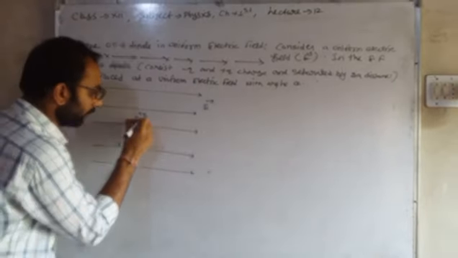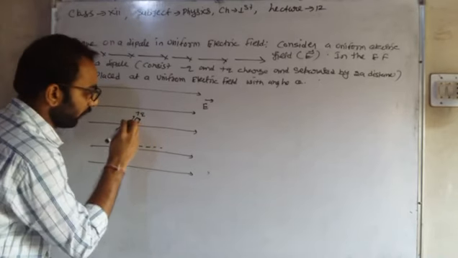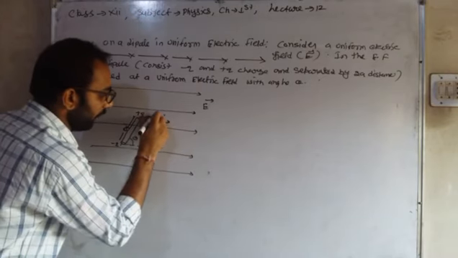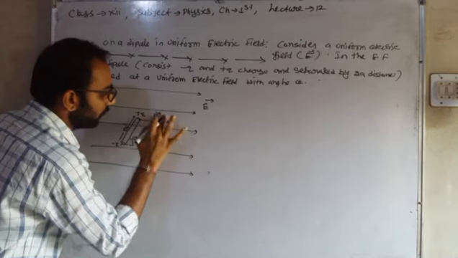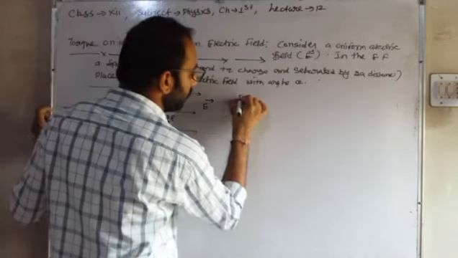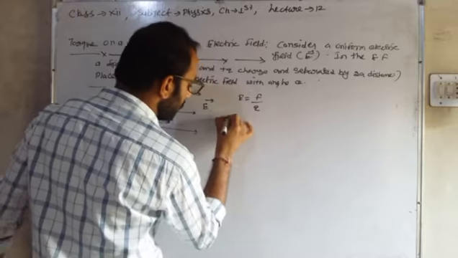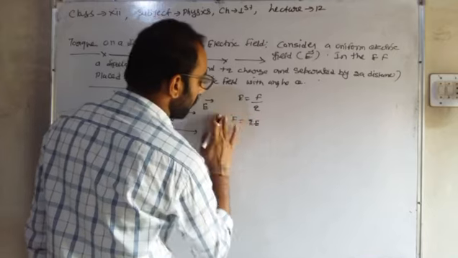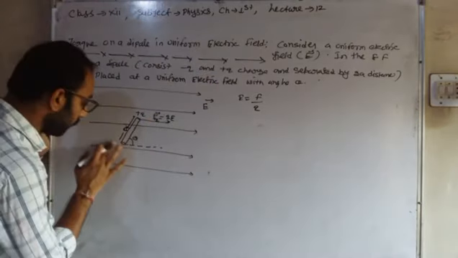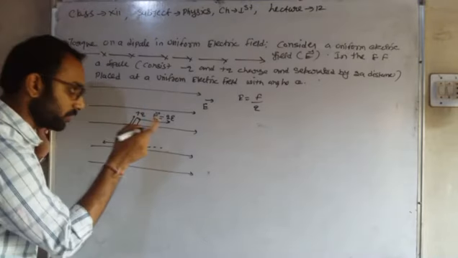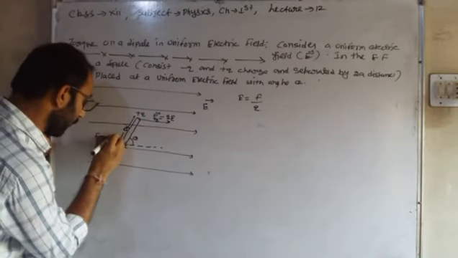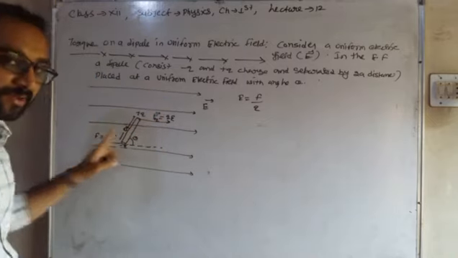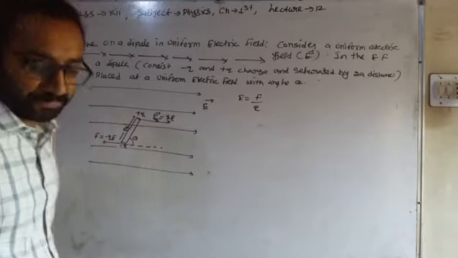Okay, look at the board. The force applied due to the plus q charge is in the same direction as the electric field. F plus q is qE. We know that E is equal to F upon q, then F is equal to qE. The force due to the minus charge is opposite to the electric field, F is equal to minus qE. The forces are the same in magnitude and opposite in direction, so they cancel each other.